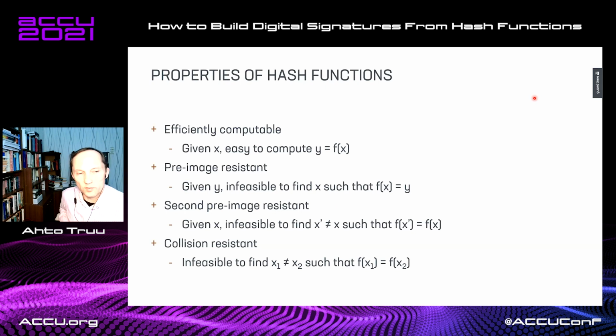But you want the hash function to be one-way, so-called pre-image resistant. This means that given a hash value, it should be infeasibly difficult to find an input such that if you apply the hash function to this input, you get the predefined hash value. A model that you might want to have for this kind of thing is, for example, consider that you want to place bets on